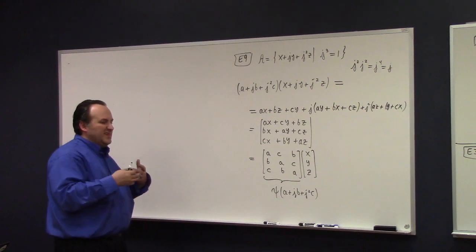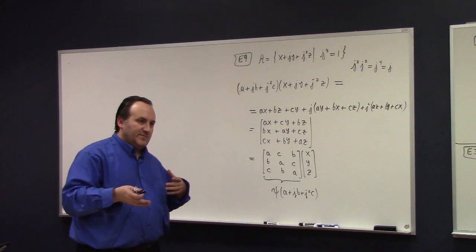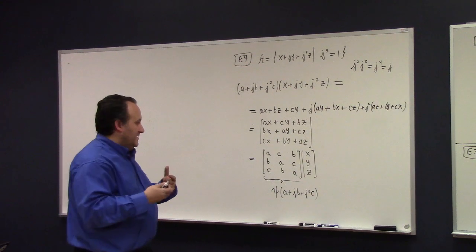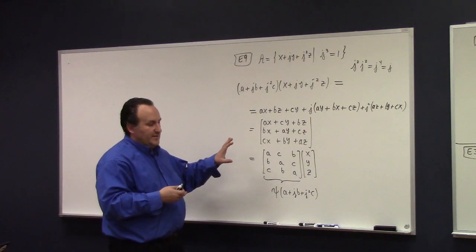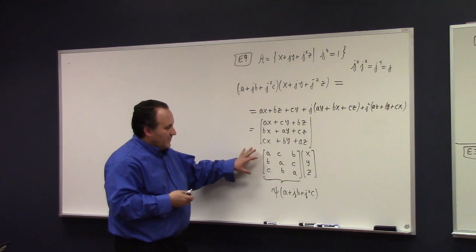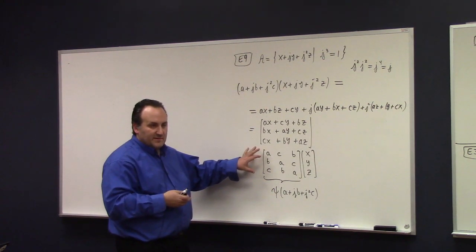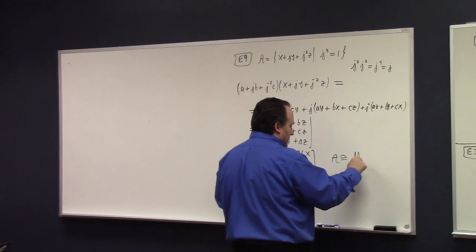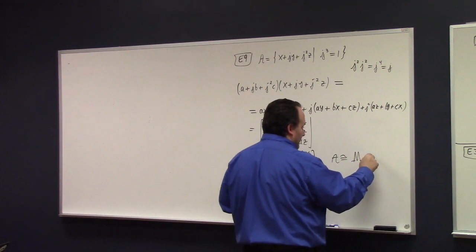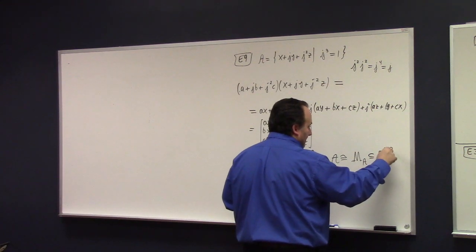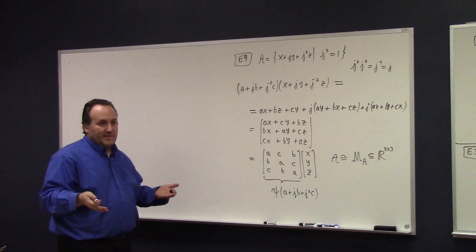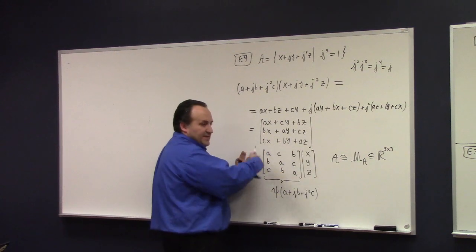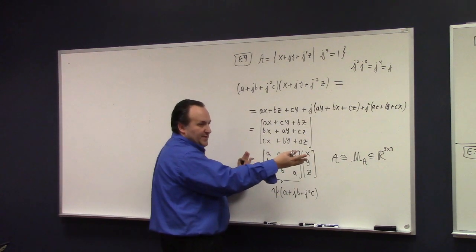So this is a sneaky way you can find an isomorphism from a given algebra into the set of matrices of the same dimension as the algebra. This is a three-dimensional algebra. This matrix is going to actually give me a way to map into 3x3 matrices, and A is isomorphic to the set of matrices of this form, which is a subset of our 3x3. Now, you're right, 3x3 is a 9-dimensional space. This is very wasteful in some sense, right? The set of all such things is a 3-dimensional subset of this 9-dimensional space, but it also forms